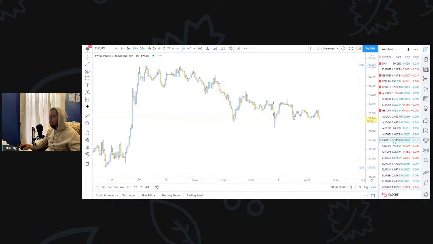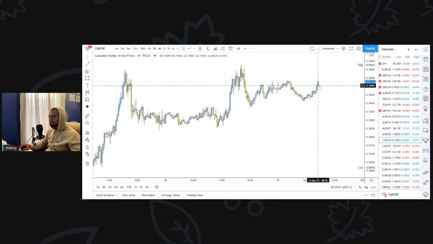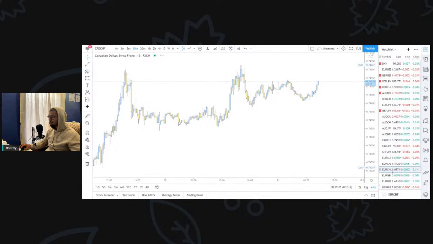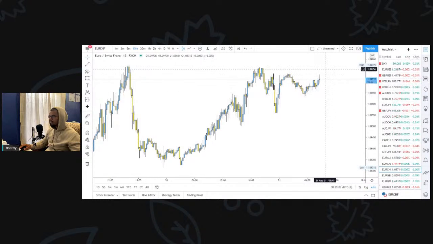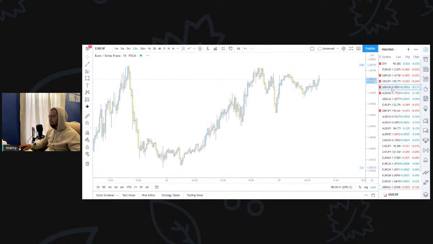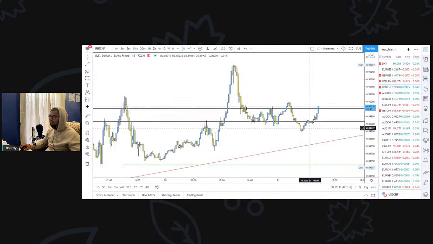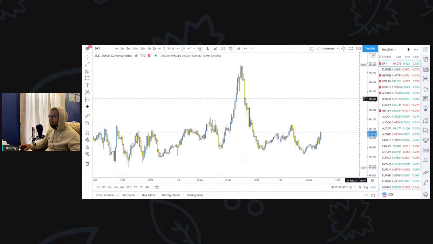Let me see CAD CHF. So you can see CAD is starting also to push up. Let me check Euro CHF too. Starting to push up, starting to push up. So there is CHF weakness, but then at the same time, if we are expecting USD weakness, which is kind of contradictory